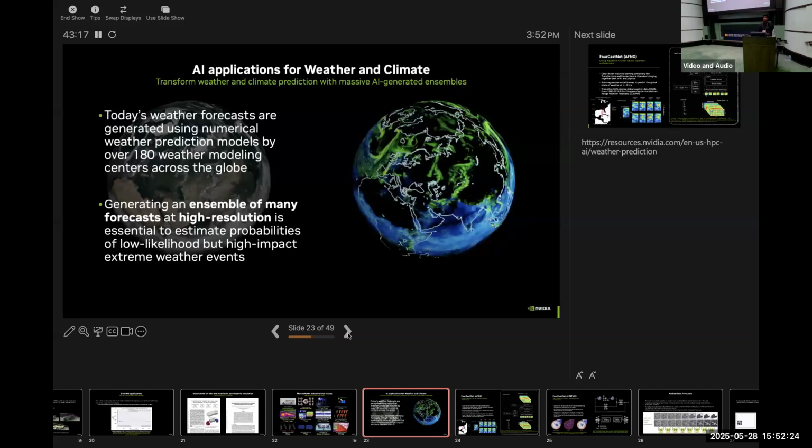A lot of forecasts that we see on our phones come through numerical simulations run on supercomputers at meteorology centers, right? Around 180 weather modeling centers across the globe are constantly running these simulations of the atmosphere, using the current state to try to predict future states of the weather.